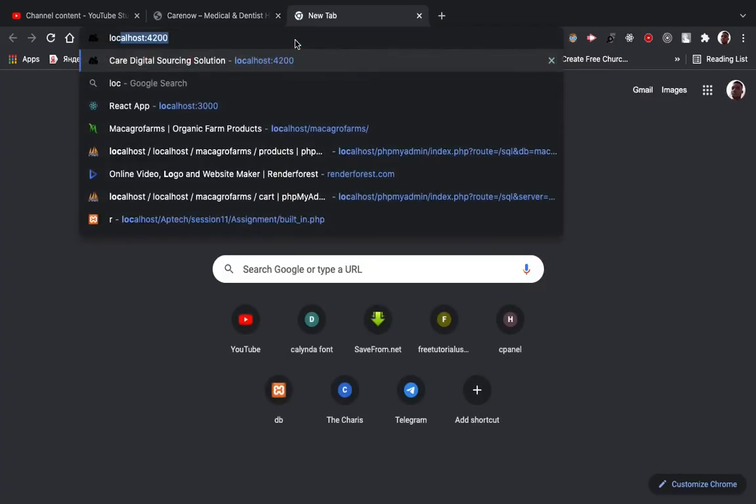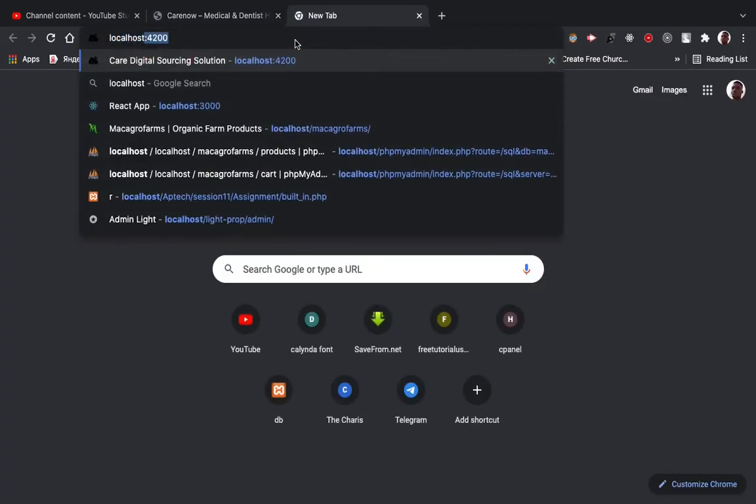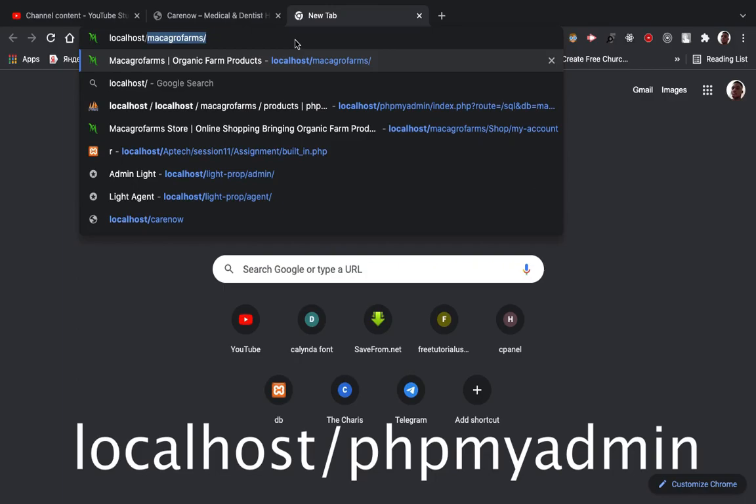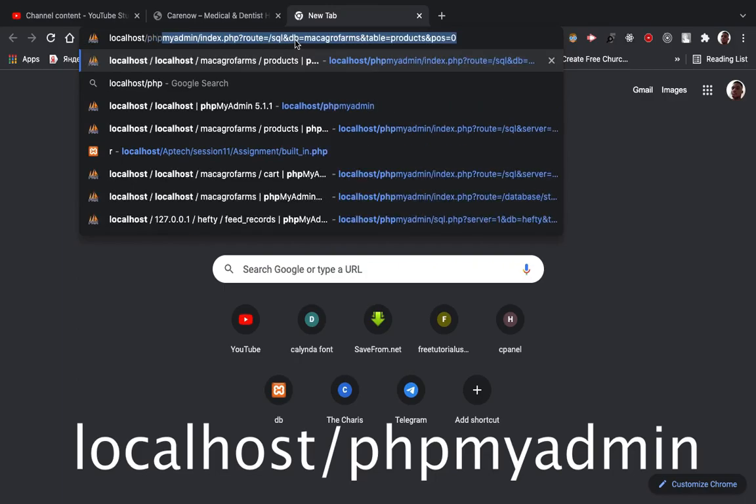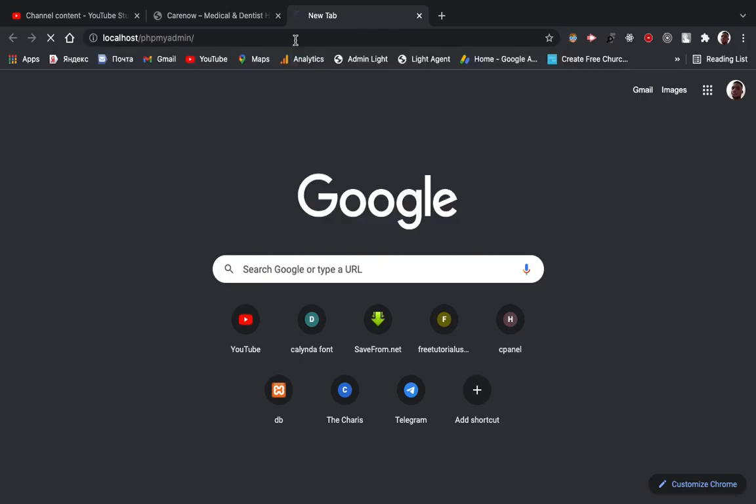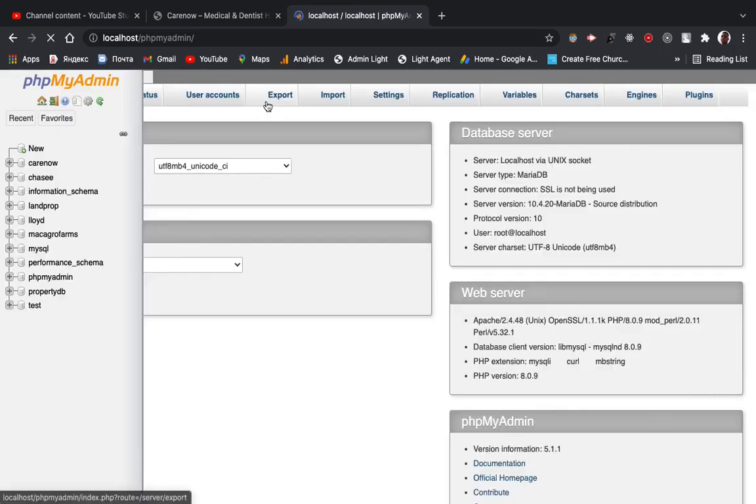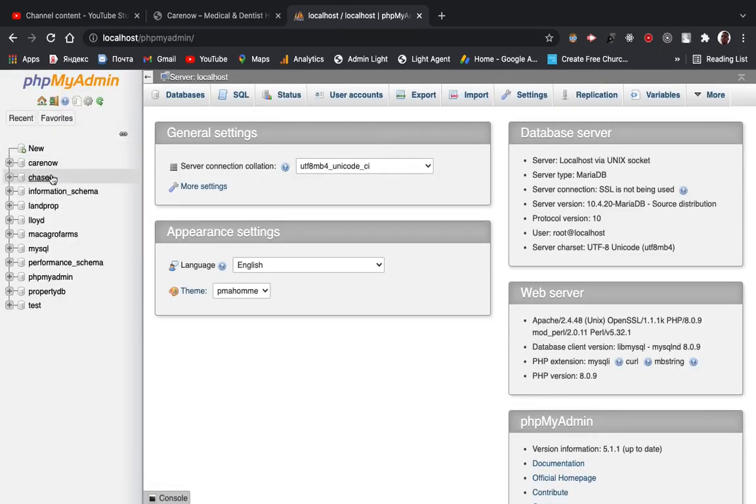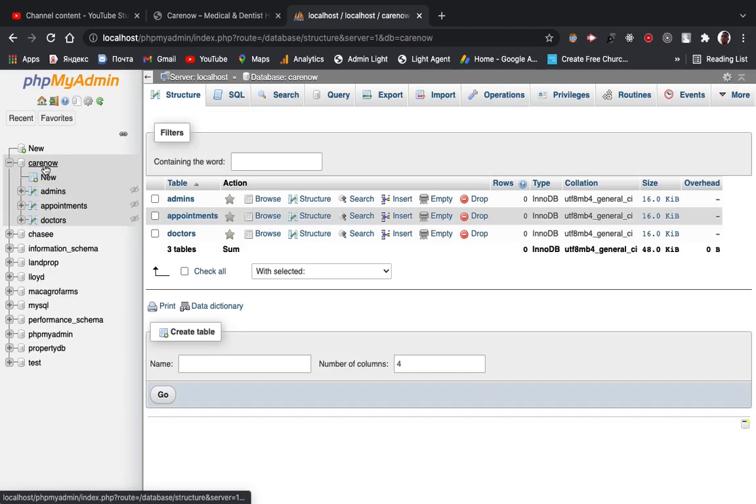So we head to localhost slash phpMyAdmin, right? phpMyAdmin. So just wait for this to open up. Okay, so right here we have our database which we created last time, and we had 3 tables within this